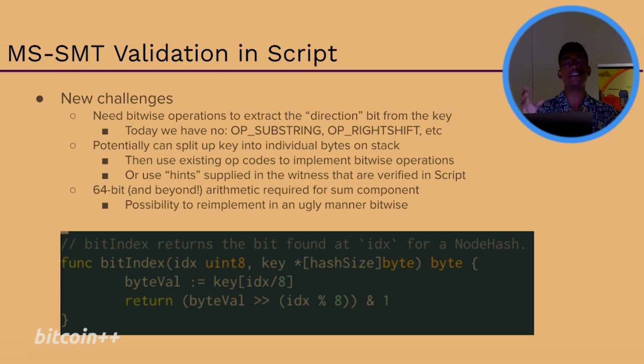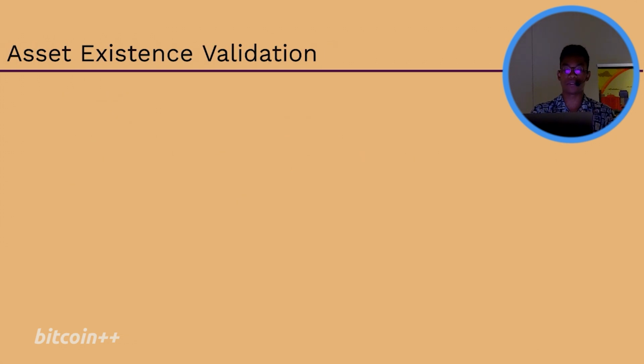One other thing, you basically need arithmetic, right? If we're going to be having 32-bit elements within the value tree, maybe you also need 64-bit arithmetic or beyond in order to represent these things in an easy manner. And I think some people showed before that maybe you can also implement this with bitwise decomposition, actually just do your own add, but maybe that would be somewhat of a larger operation within the tree itself, right?